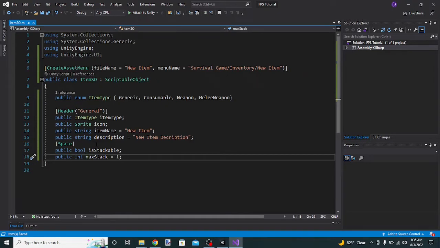So the max stack is pretty much, I think this is pretty intuitive. If you guys have played any survival game, you should know it. So if it's stackable, you can have a stack with a larger amount of items. And the max stack is how many of that item you can have on the same slot. So that's gonna be pretty much for item. So let's go back to Unity,